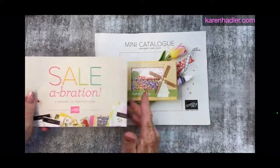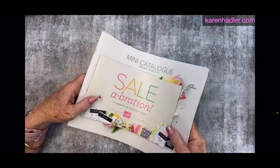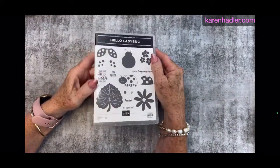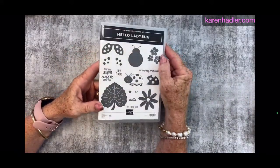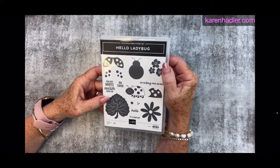Just going through the brochure, which you've probably looked through and you've given me your list. So let's get started with this stamp set, the Hello Ladybug. So I must admit I was given this stamp set to create with, and it wasn't something I would usually choose,